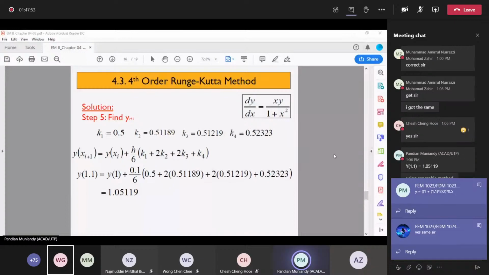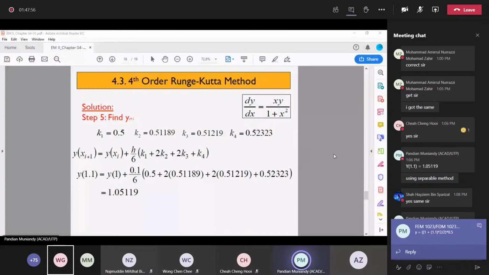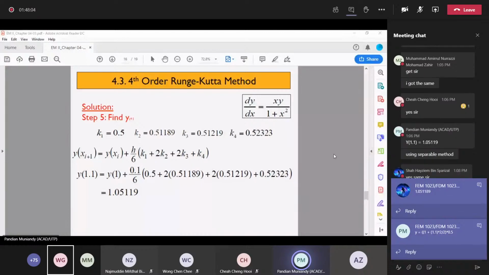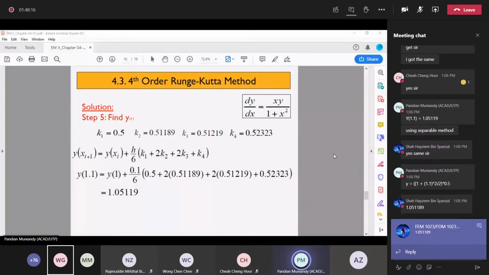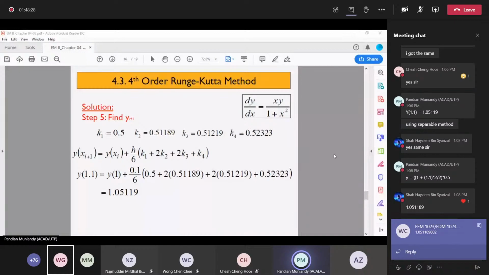What is the answer? Can you tell me, Shah, what is the answer? Shah? 1.051189. So if 5 digits, you get 1.0511. Yeah, we compare with the